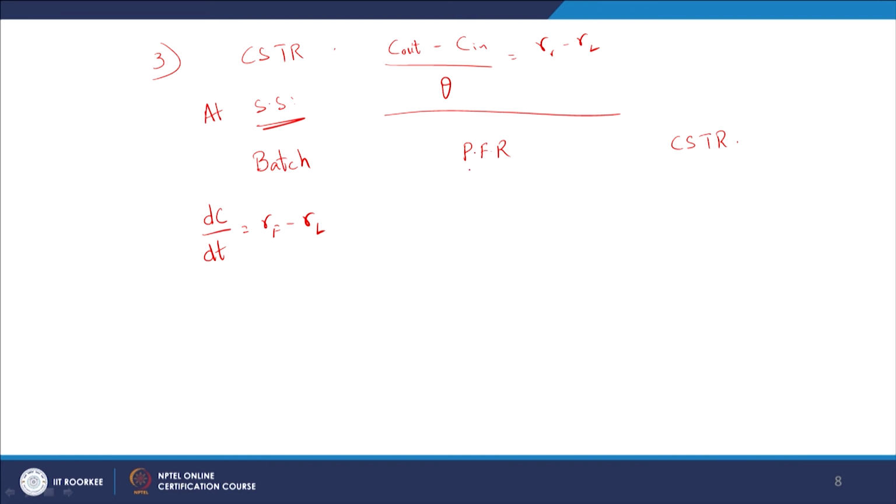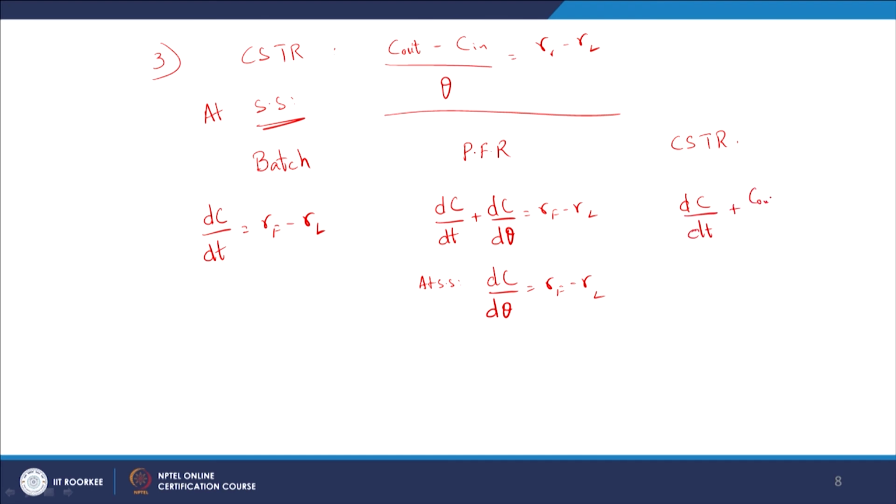For plug flow, we said it is going to be dC/dt plus dC/dθ, right, is equal to rate of formation minus rate of loss. So at steady state it is going to be dC/dθ equal to rate of formation minus rate of loss. And for CSTR, I guess we said it is going to be dC/dt